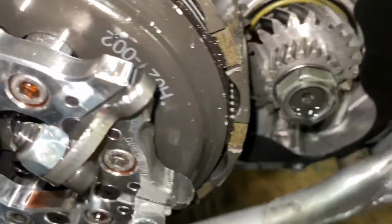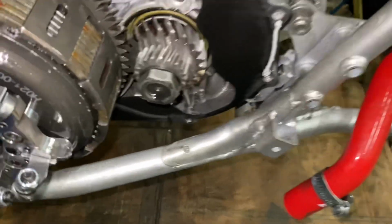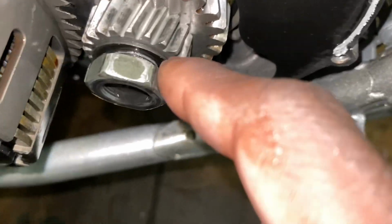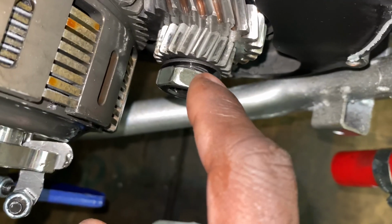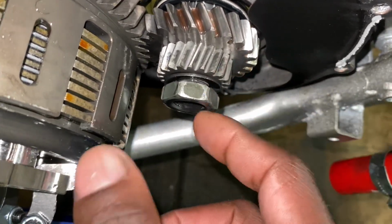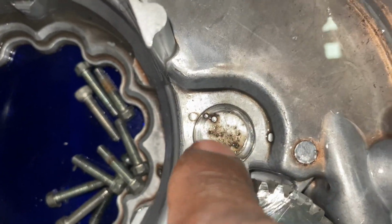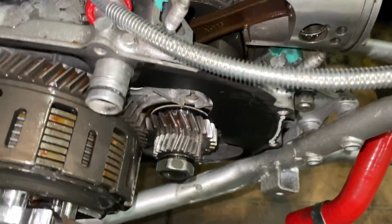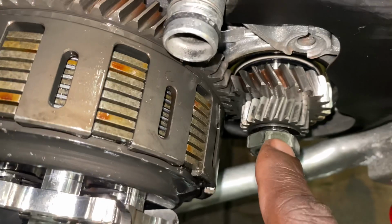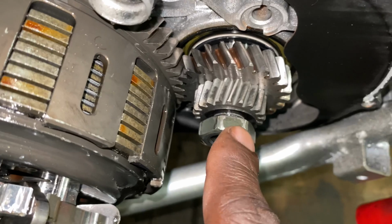Okay, I took the clutch cover off, and I found a problem. Now the problem is that this screw, as you can see, was backed all the way out. So this is how I found it. The screw, where the bolt was backed out, was scrubbing on his casing, his oil casing, which was making it seem like the bearings were gone. But this is our problem right here. This is the problem. So I'm gonna try to tighten this bolt up,